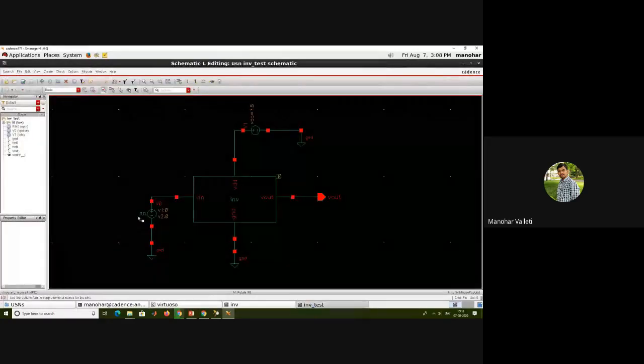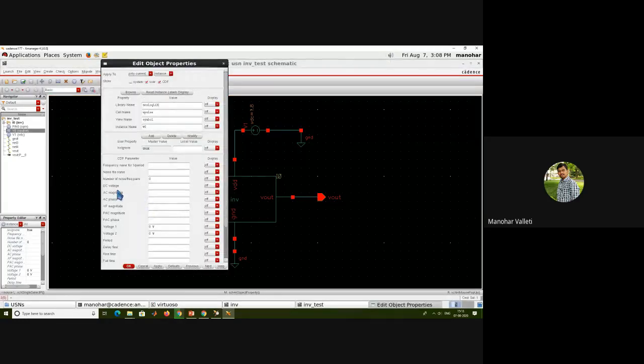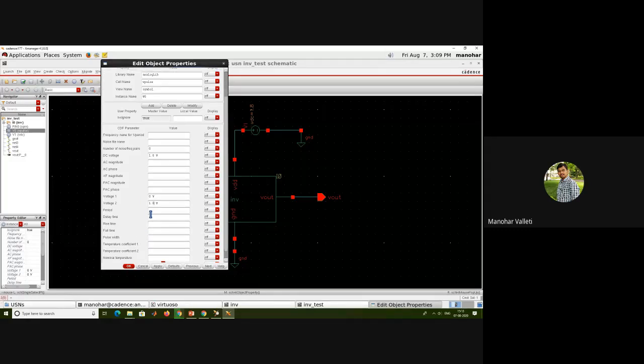But I need to put some settings, right? Here, for VPulse I didn't put any settings. So I'll go to settings. DC voltage will be 1.8. I need a pulse, right? So amplitude one is 0, and this one is 1.8 volts. Period is up to you; I will generally use 60 nano, and the seconds unit will automatically come.